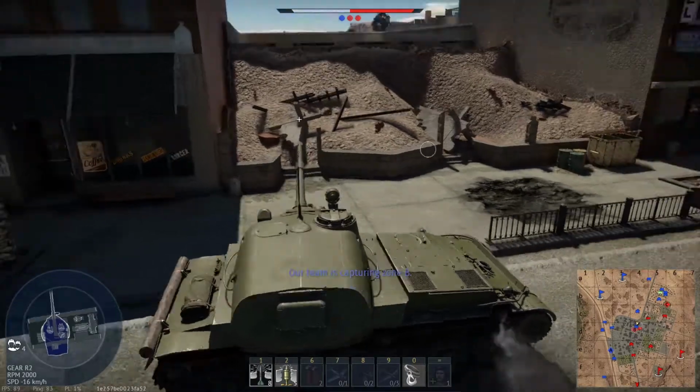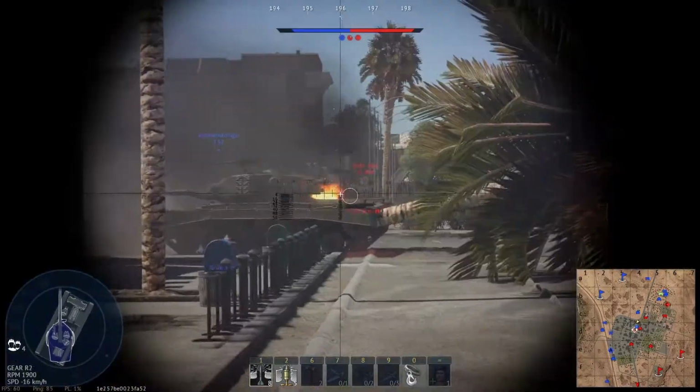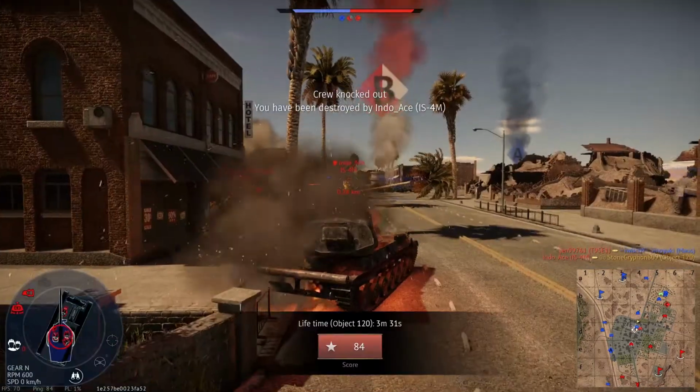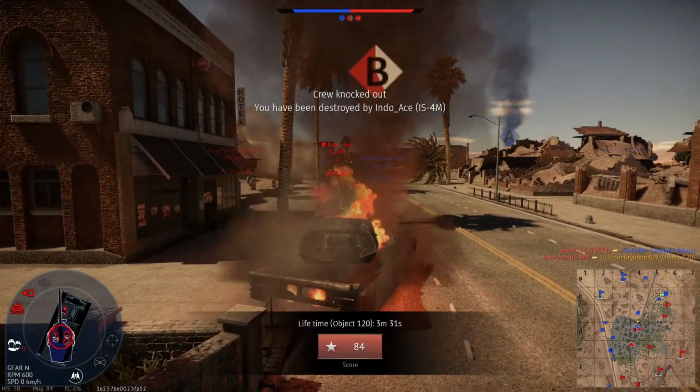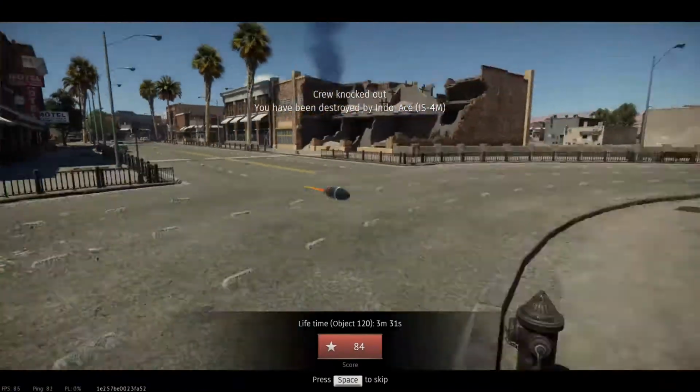It's a T-55 AM1 right there. We came really close to getting one-shotted. It's an IS-4M. That was stupid of me. I could have fired right there, but I didn't. That is the one downside about this tank that really makes...